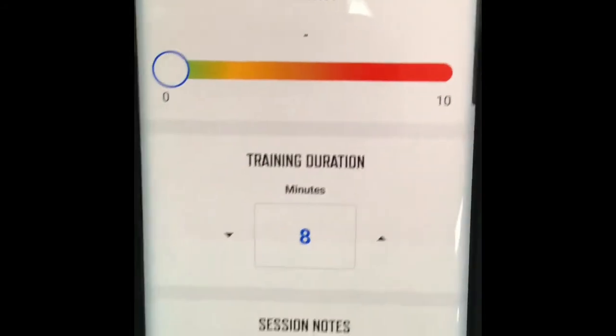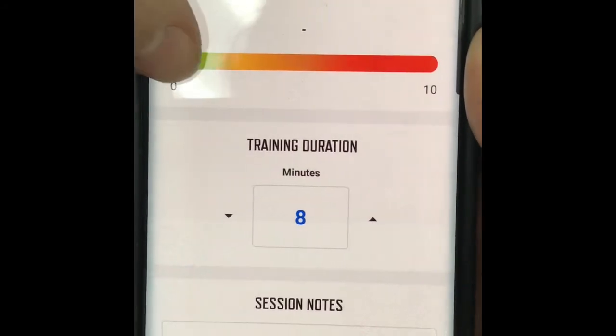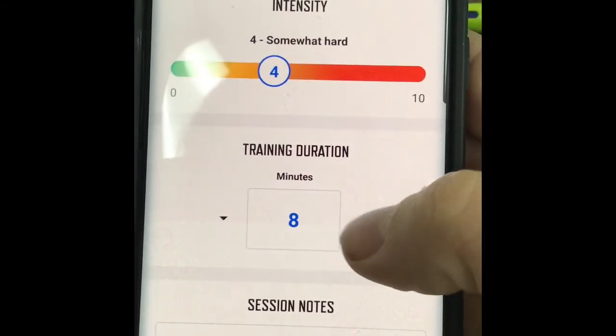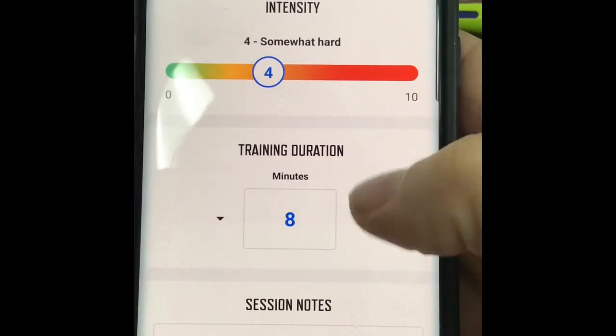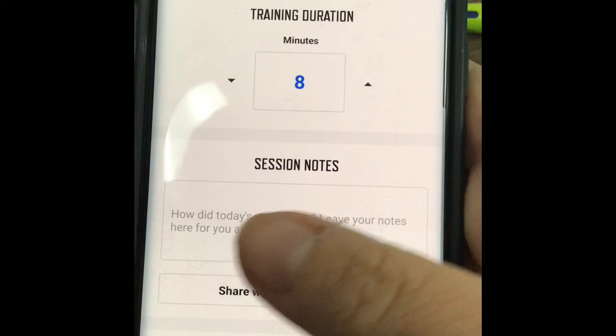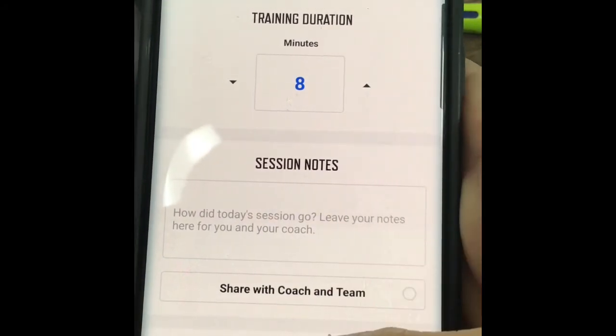Finish session. So when you're finished, you're going to pick how the intensity was. So maybe for you it was somewhat hard. Shows that I trained for 8 minutes. Now if you're like, no, I trained for longer than that, then you could put that in, and that's fine. You could add a note here to say how it went, and then you're going to hit finish session,